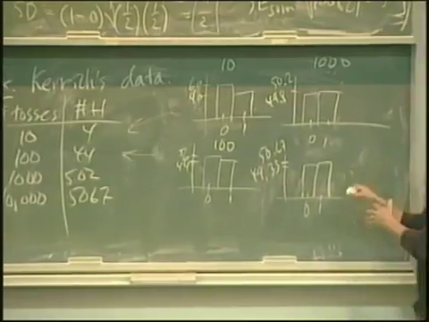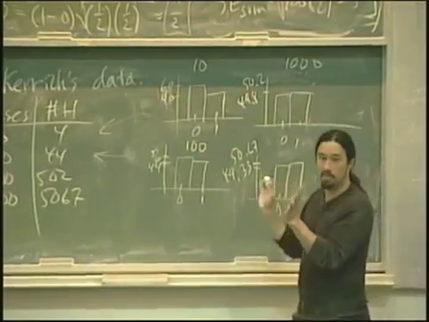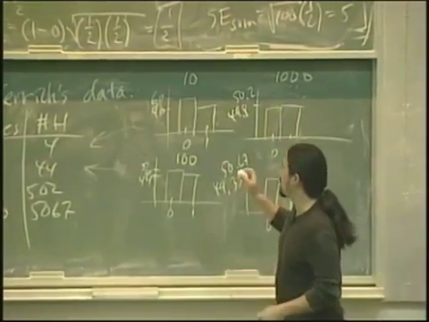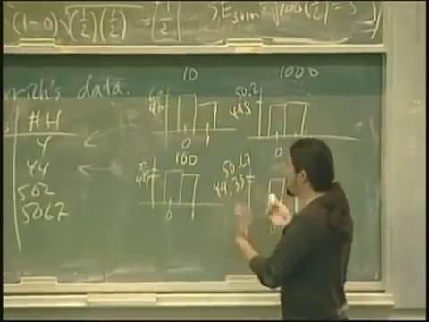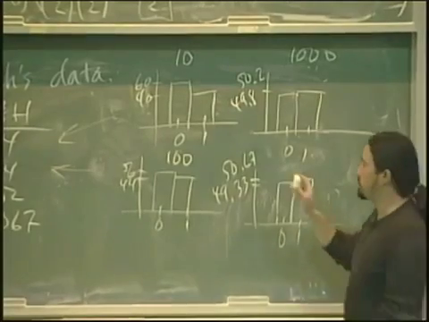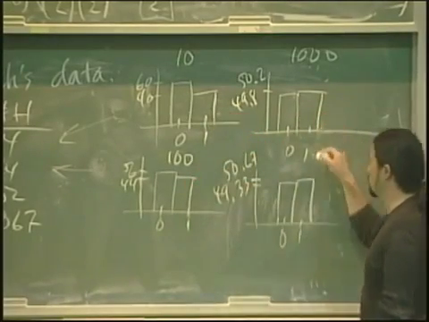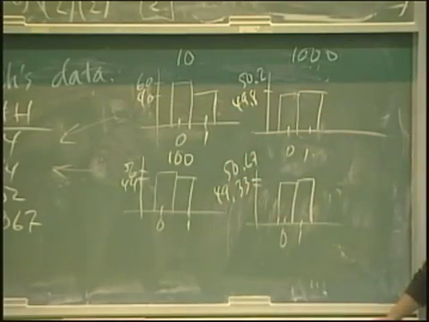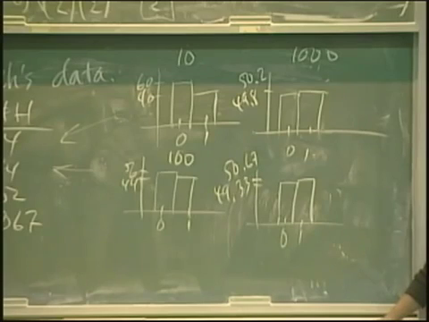These are all what we would think of as regular histograms, empirical histograms. They represent actual data. It's kind of like a bunch of ones and zeros. Okay? What does the law of averages tell us about these pictures? What should happen as we increase the number of coin tosses?